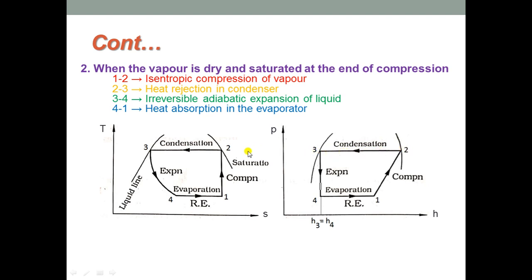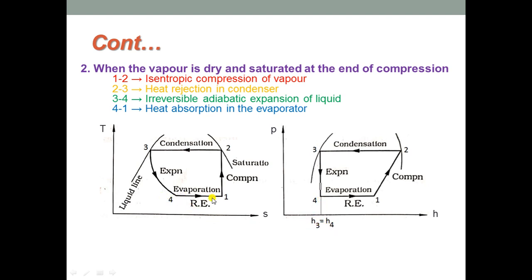during this process. And then 3 to 4 is an irreversible adiabatic expansion taking place from point 3 to point 4. So, as you can observe here, the refrigerant partly gets converted into liquid and partly will be in vapor form as a result of expansion. So, part of the heat present in the refrigerant itself is used for converting part of the liquid into vapor during this expansion process. And here enthalpy remains the same because the expansion is a throttling process. So, H3 will be equal to H4.